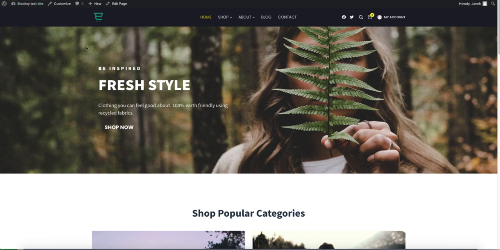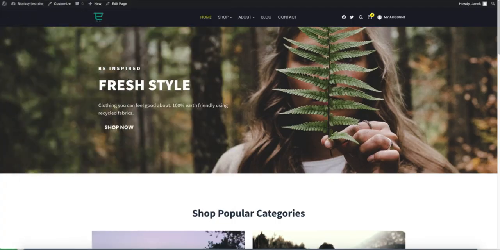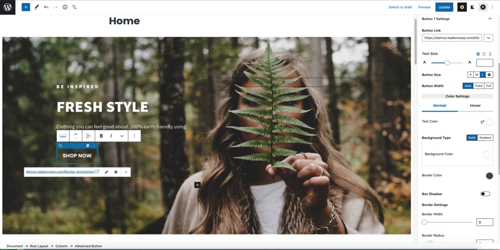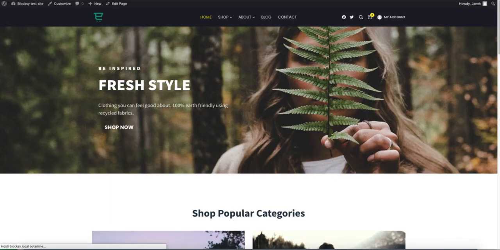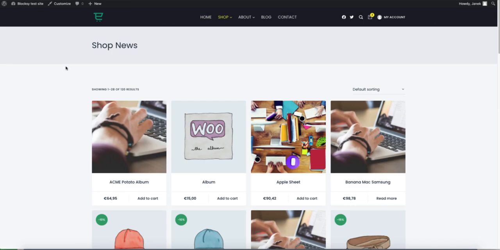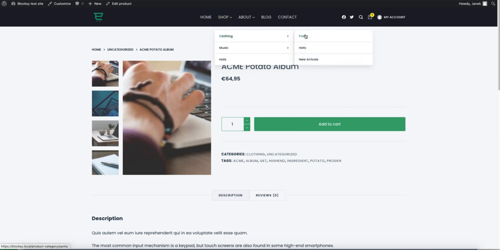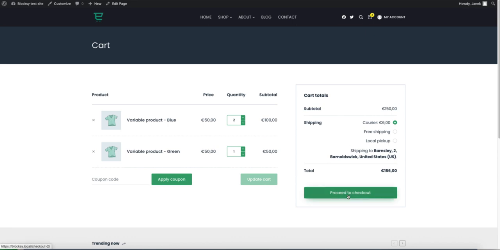Now I should fix also the issues here, because as you see, this is our original and this is what it is right now. So in order to keep the tutorial short, I'm not gonna go through how I should fix it, but since I'm using the Gutenberg, it is rather easy to do. Just go through the pages and fix what needs to be fixed. So updating it, refreshing it, there it is. Shop page, single product page, menu and drop down menu, cart, checkout,